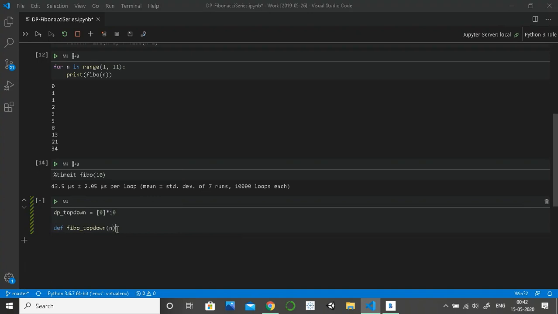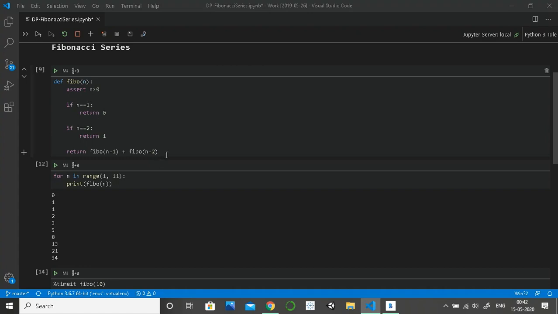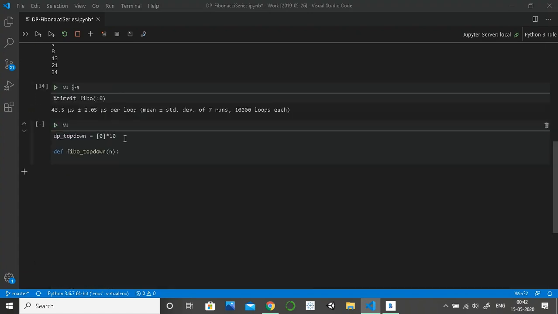So just like before, we will pass n. So the entire structure will look like this only. So I'll make a copy and make a few changes. After this assert, rather than this, a better way will be to take a dictionary. Why a dictionary? Here we are restricting the range to 10. If we want, let's say, Fibonacci of 10,000, we have to create that list upfront. But with a dictionary we can just keep on adding.